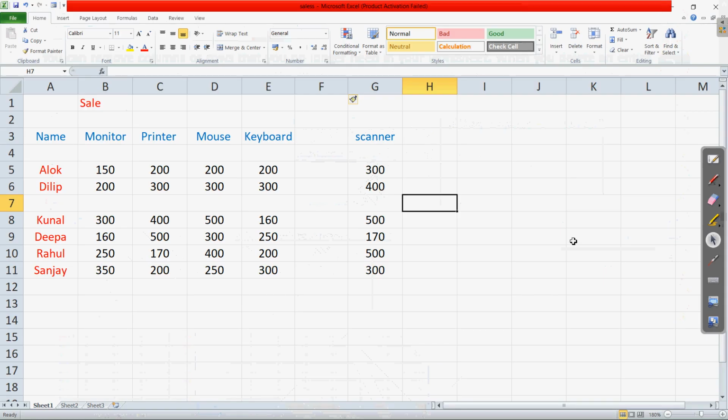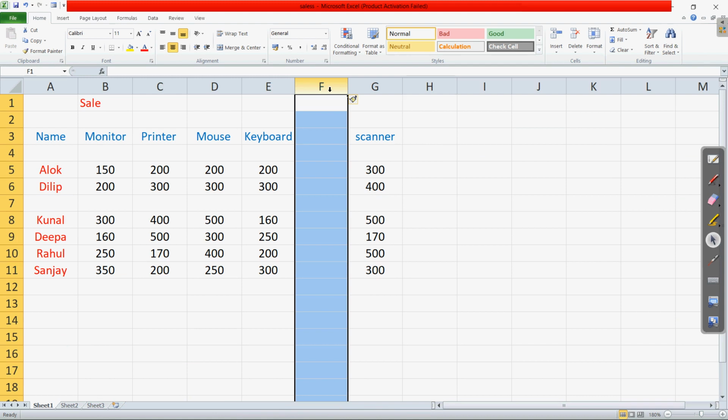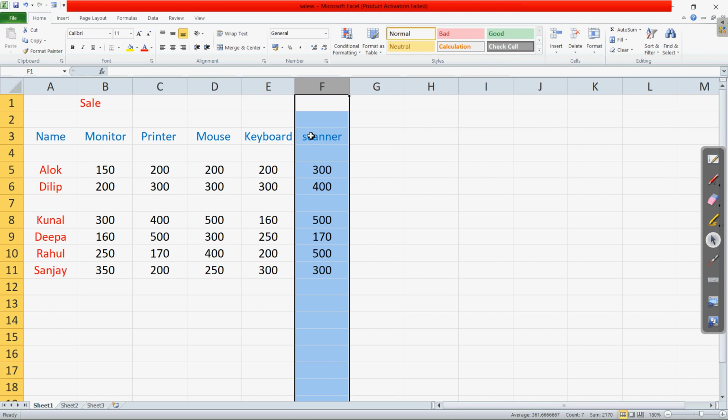If we come to the column which we have just added, like column F, and if you want to delete this, then go to the home tab. In the home tab we have the delete option now. Click the downward arrow below this delete, and then you have the delete sheet columns. When we click this, that particular column is deleted.